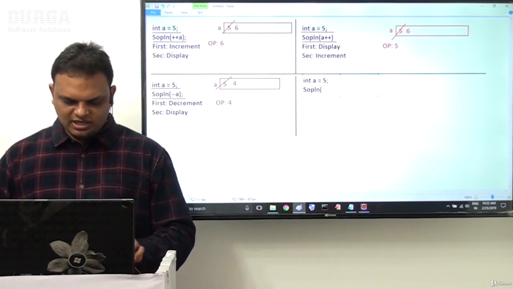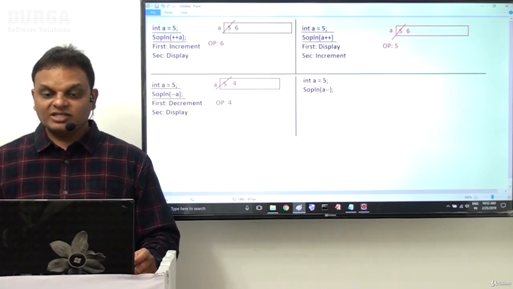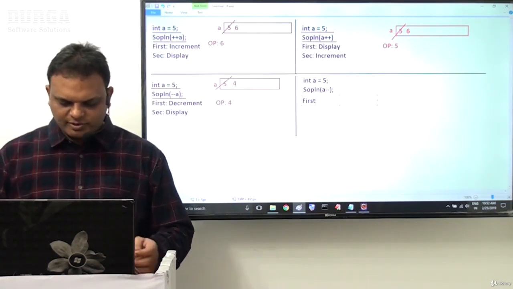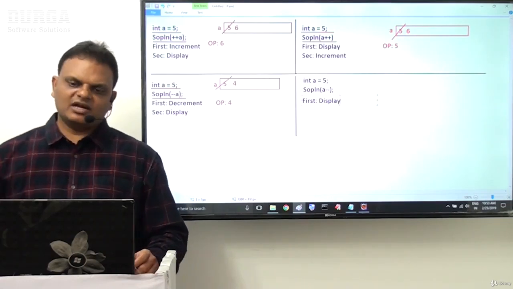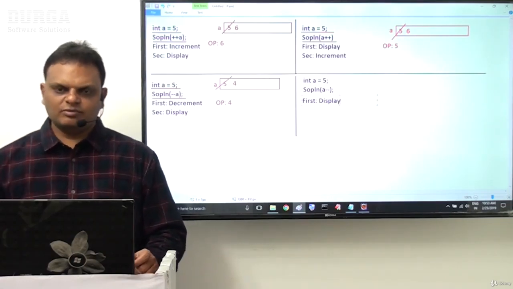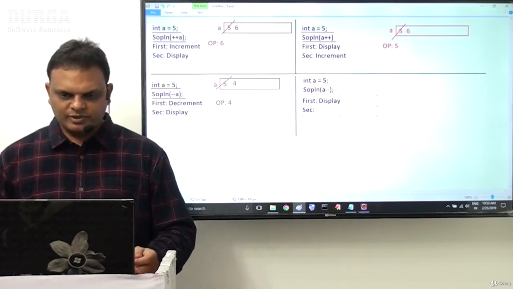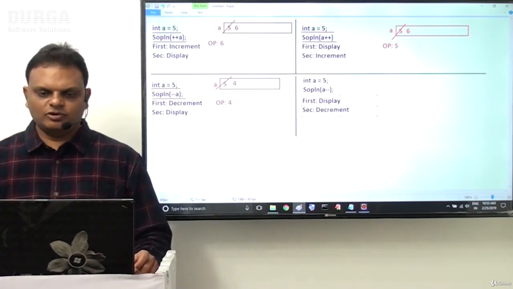System.out.println of A minus minus we provided. So A minus minus means post-decrement. In the case of this post-decrement, first which operation will be performed? Display the current value. Before decrementation, whichever value is available, that value will be displayed. Then after that, the second operation we have to perform is the decrement operation.